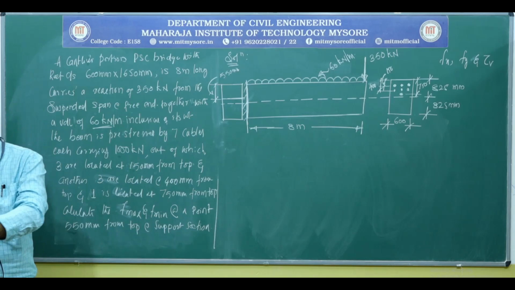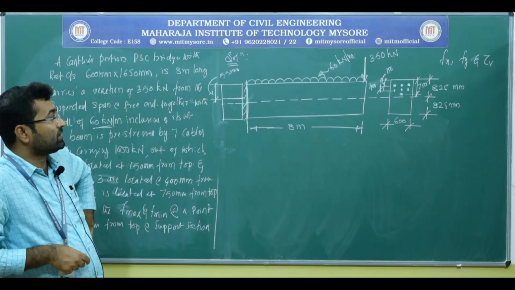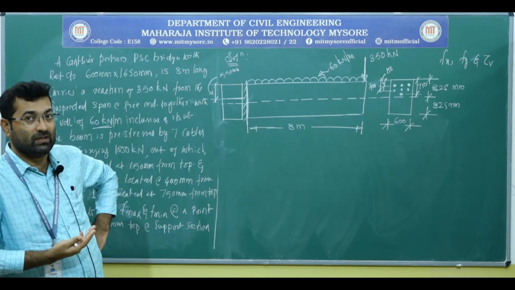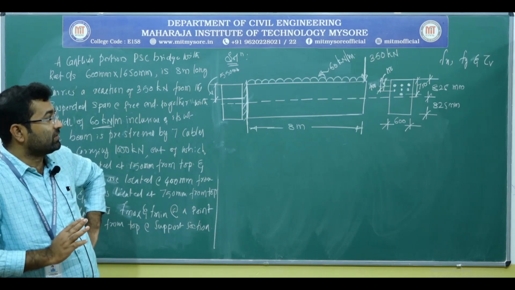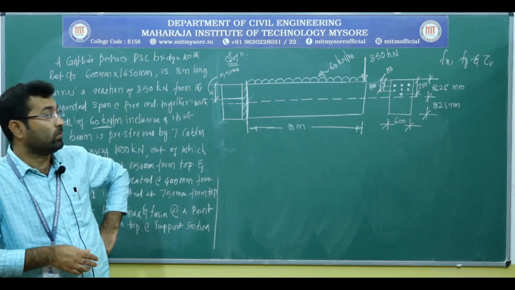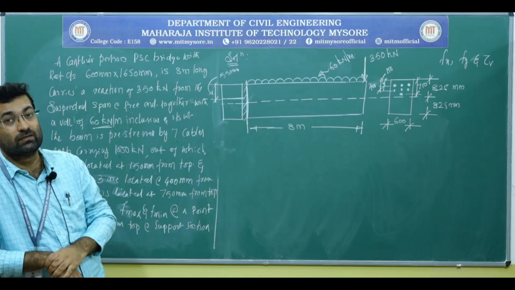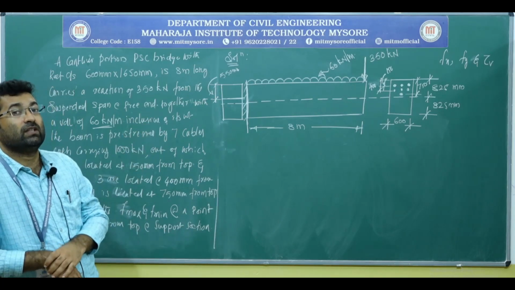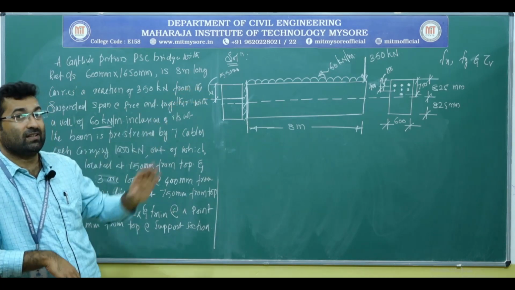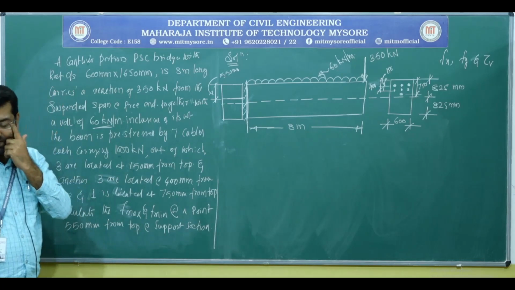Okay. So first of all, to calculate the F of x, we should calculate the stresses in the entire beam because of the direct pre-stress and because of the external loads. To calculate the stresses from the external loads, that is from the 60 kilonewton UDL and 350 kilonewton concentrated load, we need to work out the moments developed because of these two loads at the supports. Okay. So let us work it out.